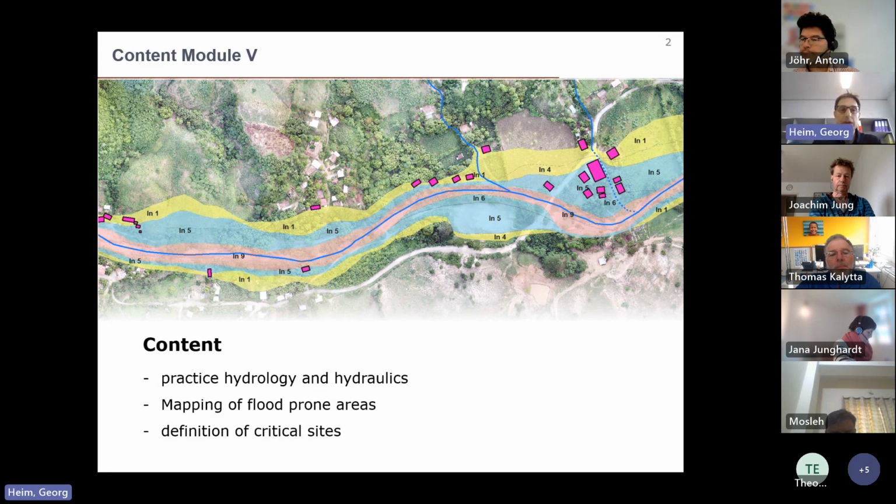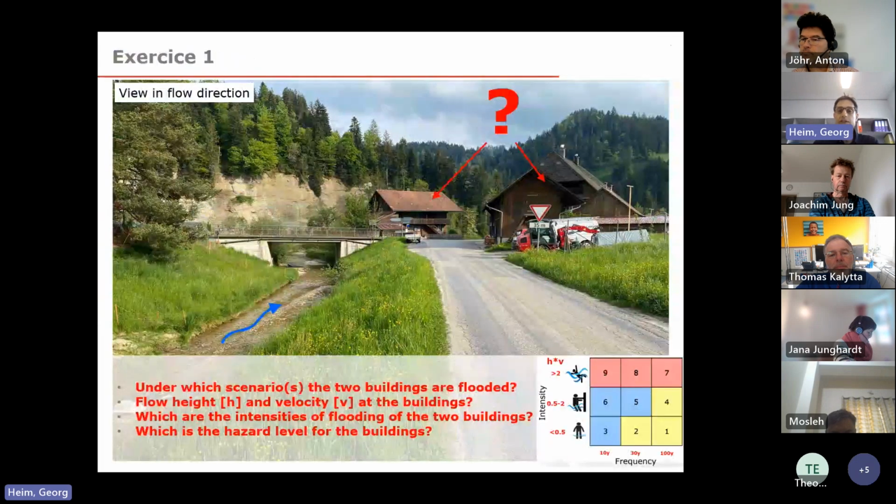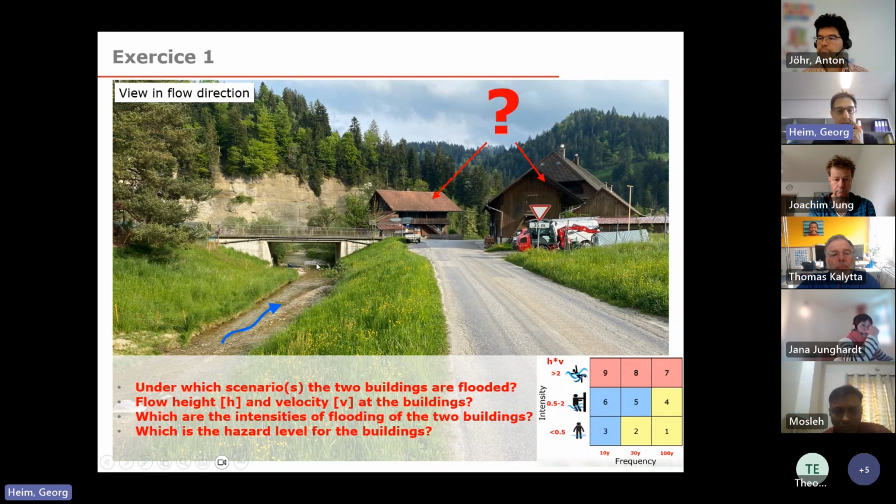Just to give you an idea what the first exercise means, I will introduce it afterwards, but so that you have in mind what's the problem that you have to solve in the first exercise. And this is a picture taken from a part of a village in Switzerland. You see on the central left part the stream, a small stream, maybe 4 meters wide. You see the flow direction indicated by this blue arrow. You see a bridge, and